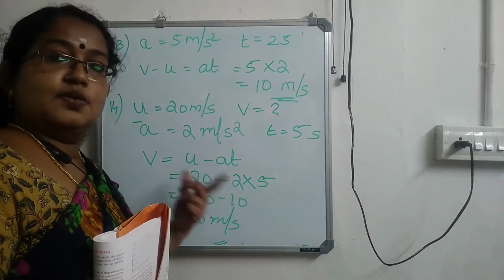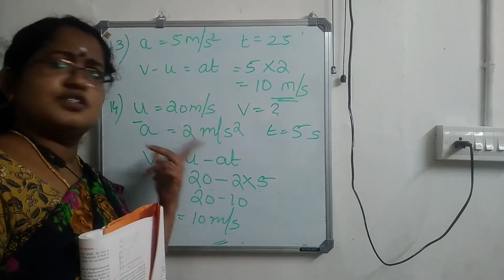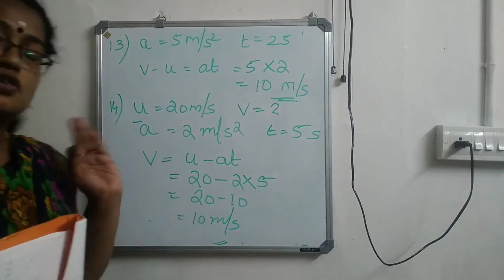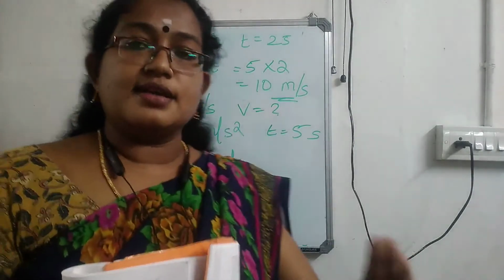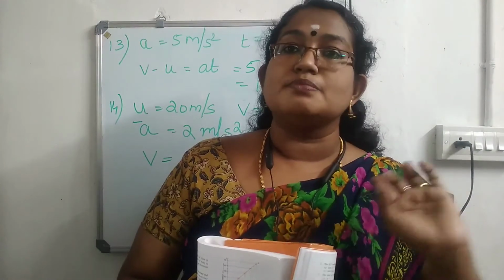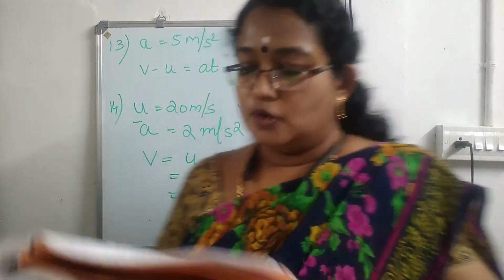If you are using the equation with acceleration, you can put U plus AT. Then you have to write minus 2 since it is retardation. Anyway, you can do it. Okay. So, what you have to keep in mind, acceleration means positive. If it is retardation, put a minus behind the value for acceleration. Okay. Now,